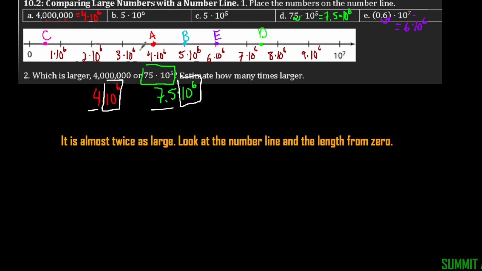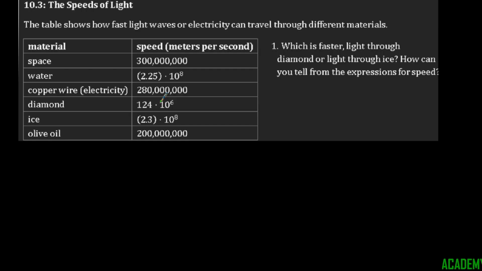And we can figure that out by looking at that number line and the length from 0. So if we look from 0 to that point A, right here, it's almost half as long as it is to that point D, which is going to be that point for the value 7.5 times 10 to the 6th power. Moving on to the next part, it says the table shows how fast light waves or electricity can travel